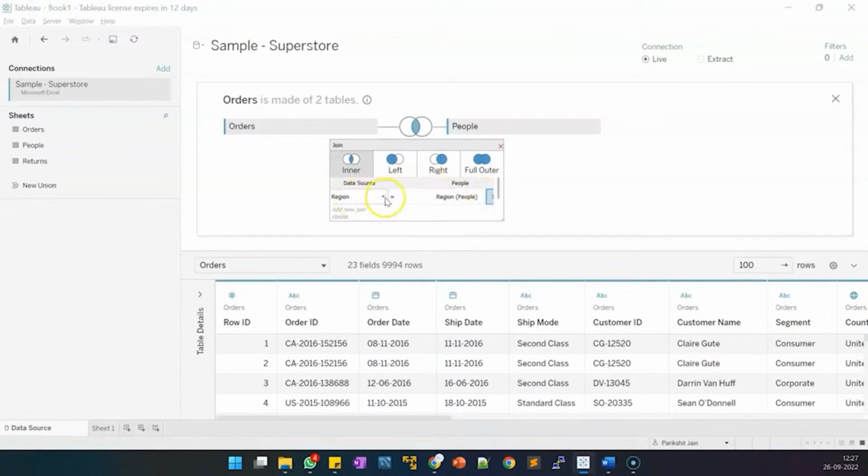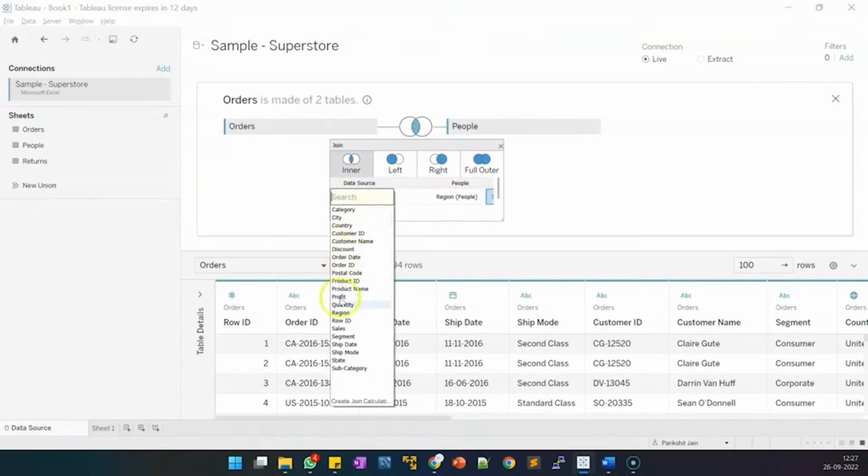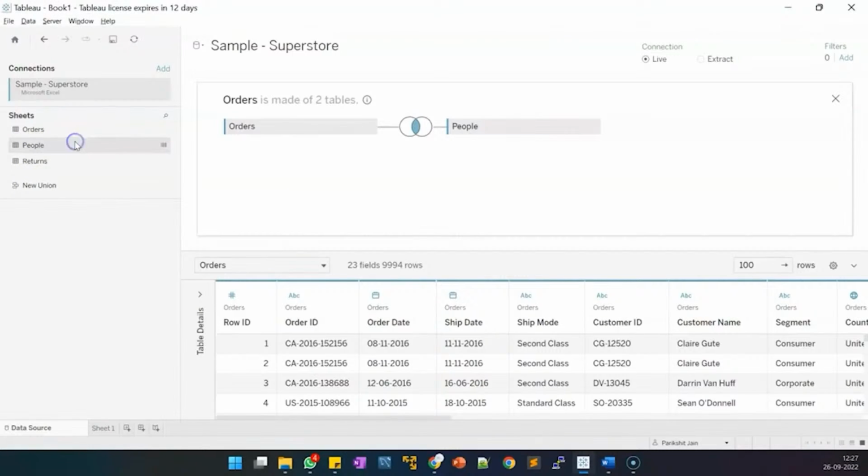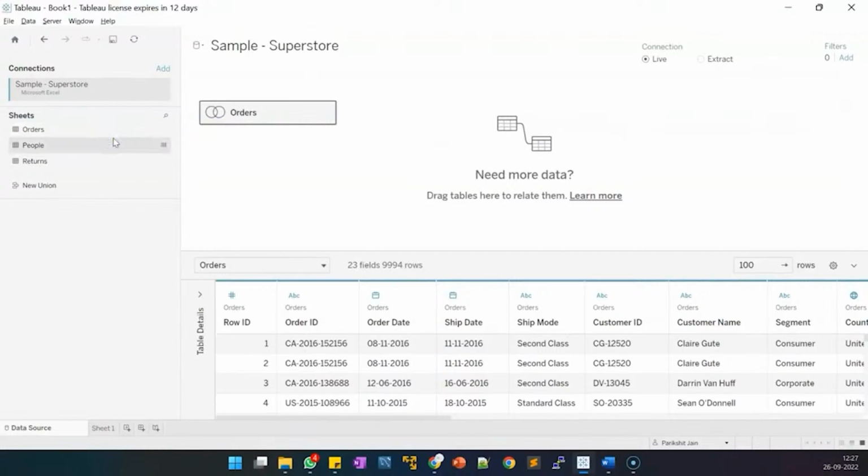created. So on the orders side, you have region, and on the right hand side, which is the people data, you also have a region. Both these columns are common, and that's how we have made a join between orders and people data. So if I close this box and go and check the people's data,